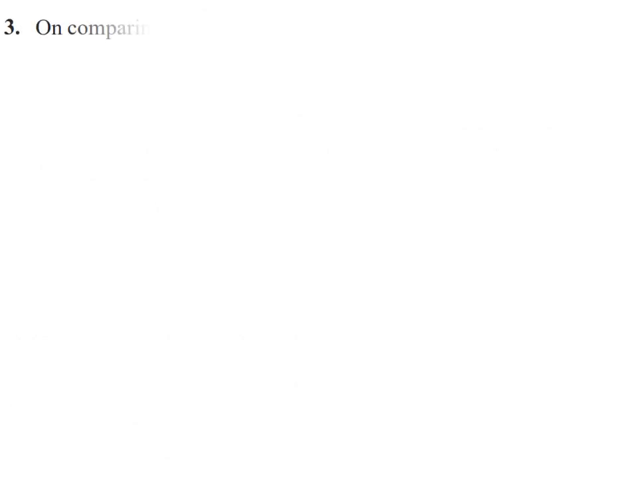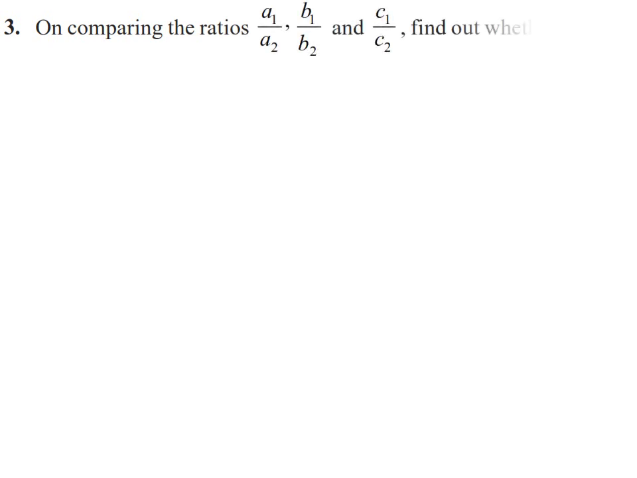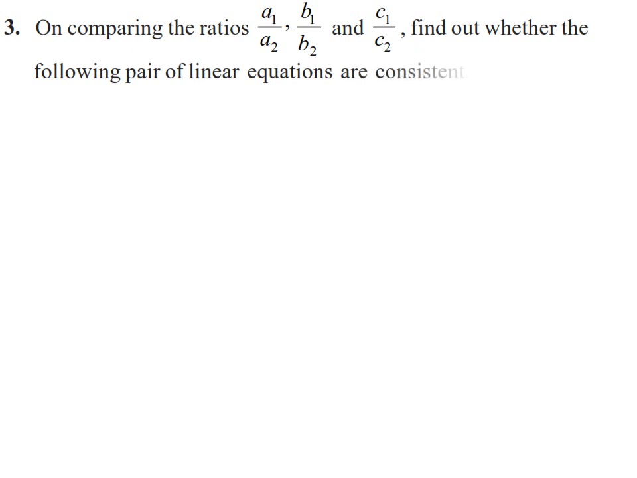Now the third question: on comparing the ratios A1 by A2, B1 by B2, and C1 by C2, find out whether the following pairs of linear equations are consistent or inconsistent. So we know the method. For consistent, there are only two cases: the lines are intersecting or coincident. For inconsistent, the lines are parallel. So we just have to check the ratios, and if we find a unique solution or intersecting lines, then the equations are consistent, or if we get parallel lines, then